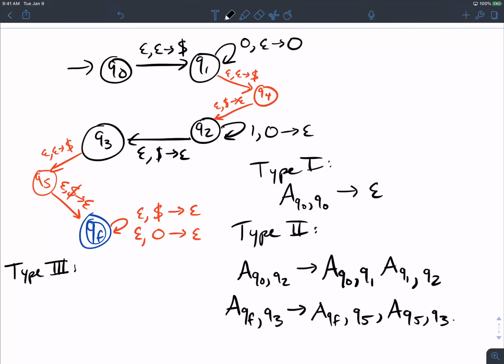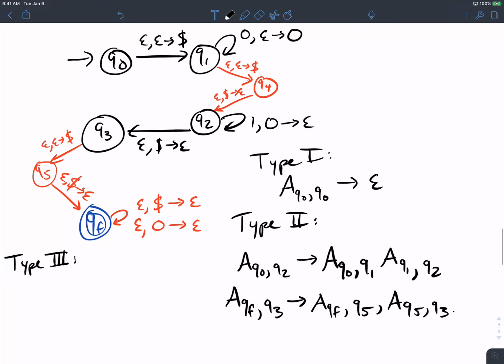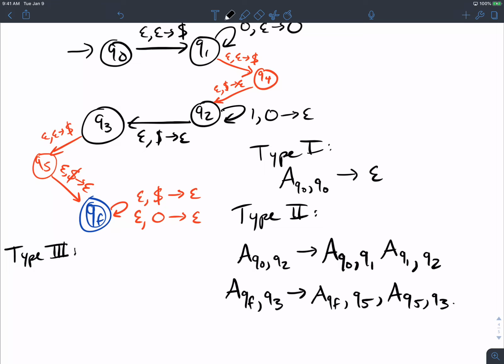It's for all triplets, whether or not they make sense. Any triplet at all. They don't have to be touching or anything. Because there are 7 states, we're going to get 343 rules for that reason, because 7 cubed. We're just doing a few examples, of course.